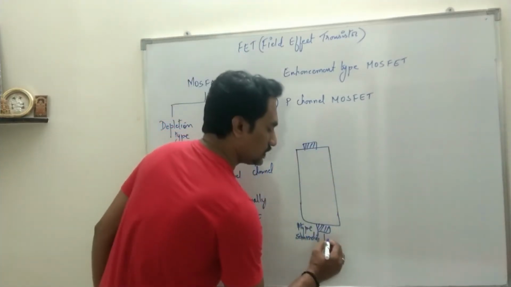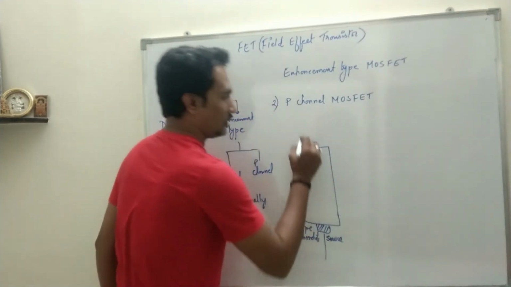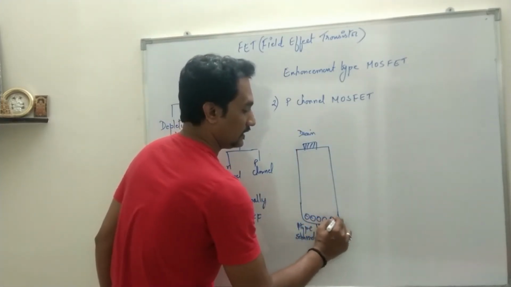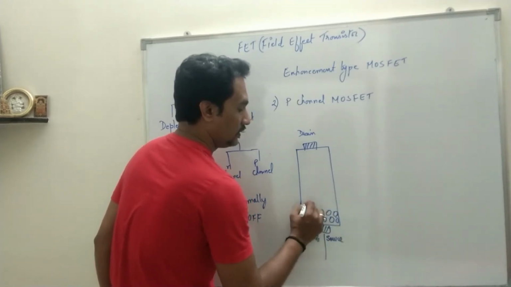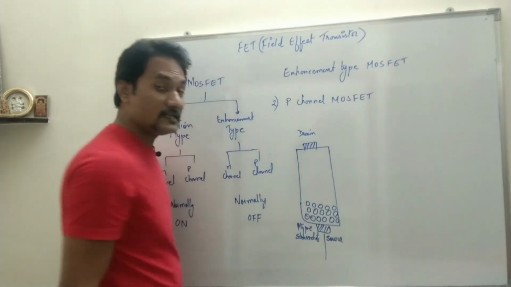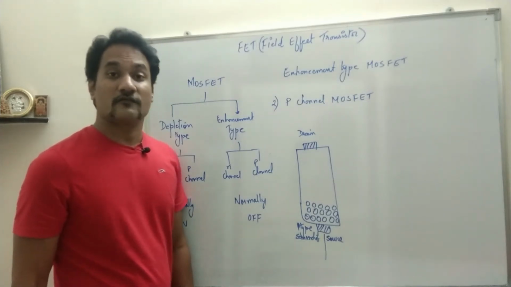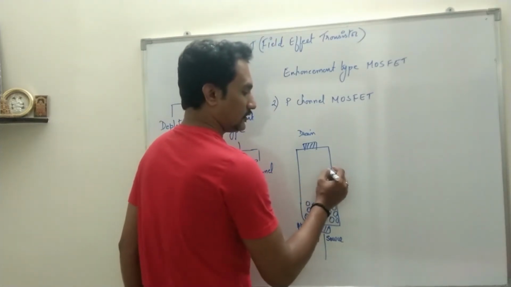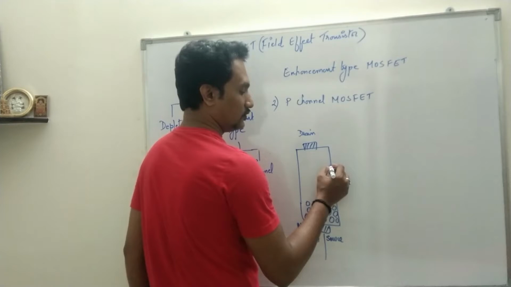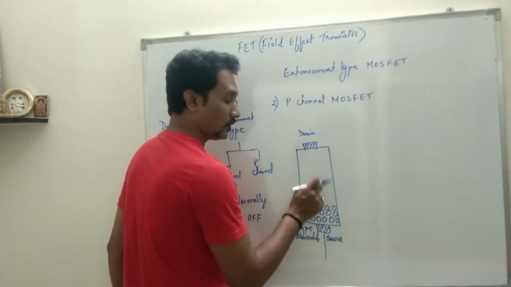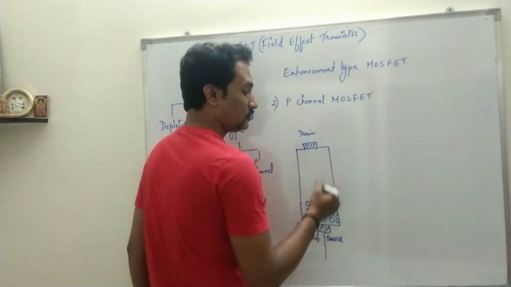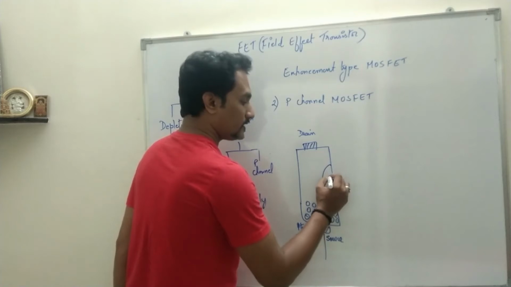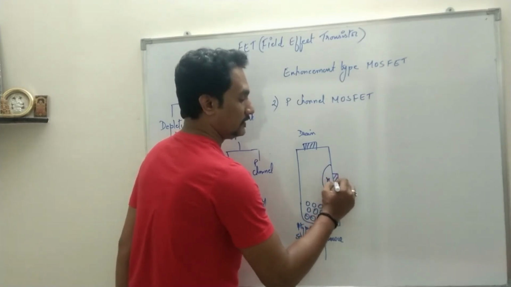Okay, and these two terminals are called source and drain, and as it is a P-type semiconductor, it will have a large amount of holes available as majority charge carriers, because of which current will flow from source to drain. Now on one side of the semiconductor you dope. To form a p-n junction, we already have p, so you have to form an n region. To form an n region, you dope a pentavalent impurity, and this terminal will be called